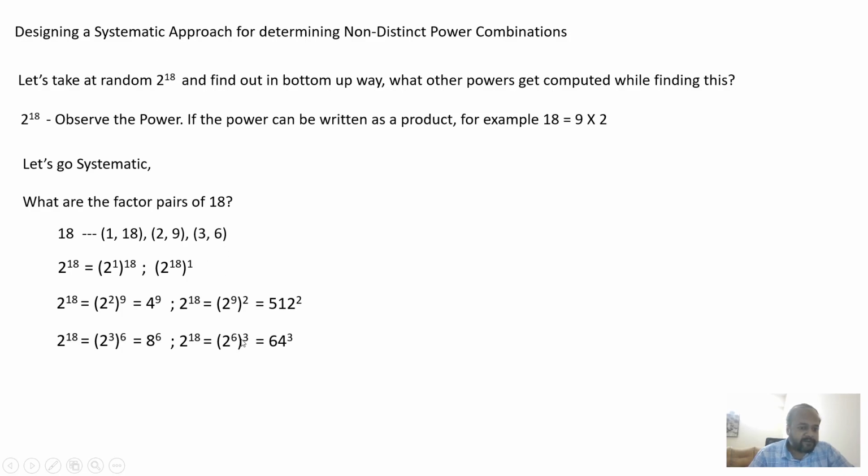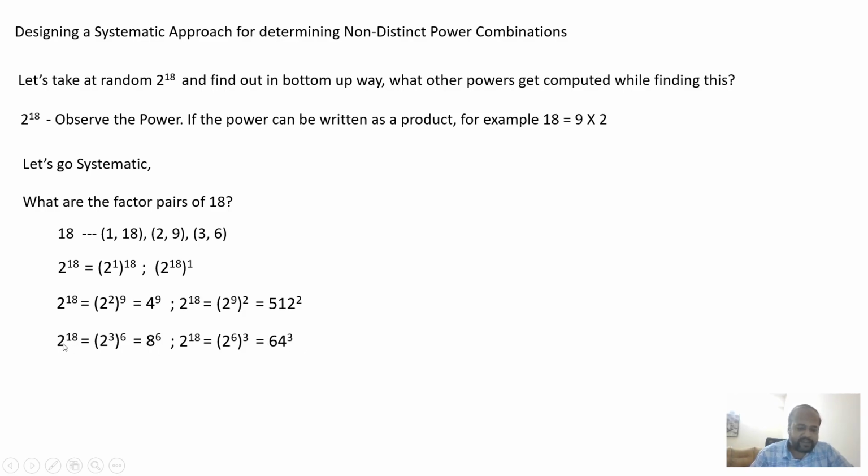So 2 power 6 power 3, again 6 3s are 18, but 2 power 6 is 64 now. So it is 64 power 3. So now what you have got by finding out the factor pairs of the power and expressing that power as a factor multiple and using the power law, you are getting the different non-distinct combinations that yields the same value